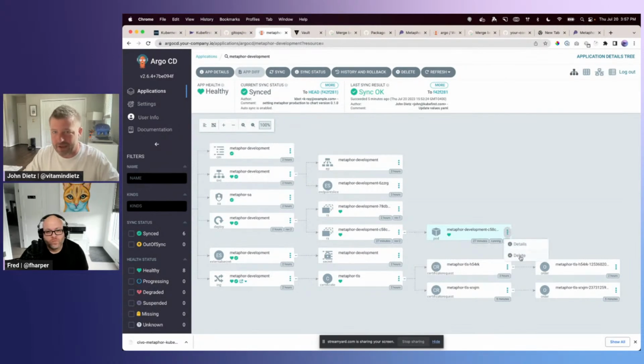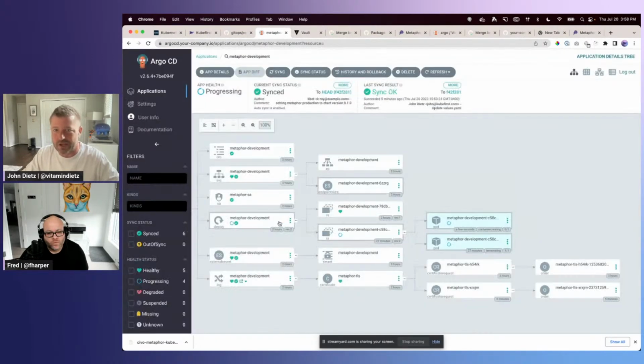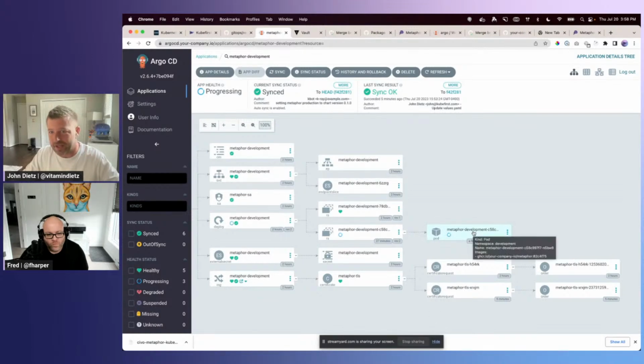And then if the next time there's a new instance of this Metaphor development container, it takes maybe about 15 boring seconds. You got any elevator music for us there, Fred? We got a couple seconds to blow here. Ooh, yeah.